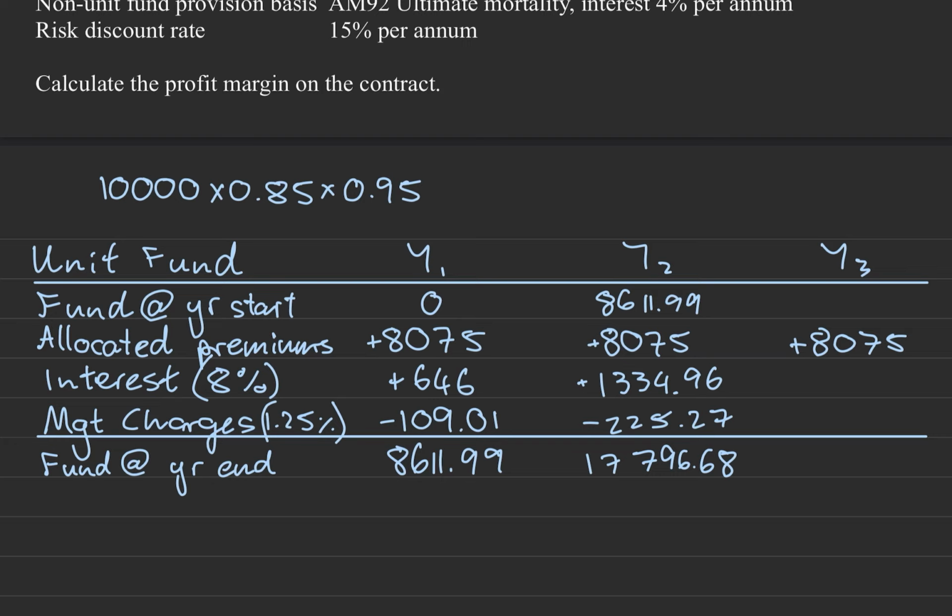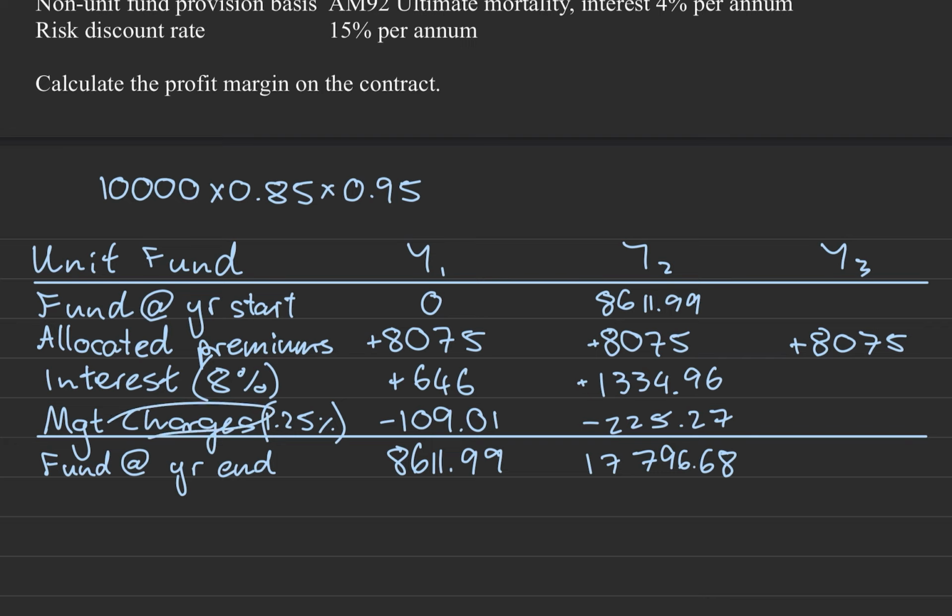And so in order to calculate the profit margin, we need the expected profit or loss in each year. We need that profit vector. In order to get that profit vector, we need the management charges. In order to get the management charges, we need to set up this unit fund. So the question didn't ask us to set up both, but we know that we need to, because we